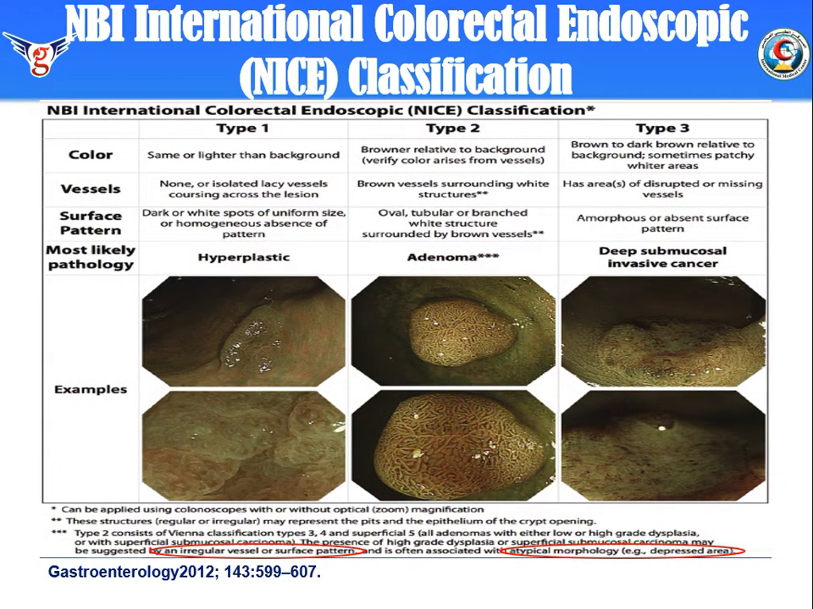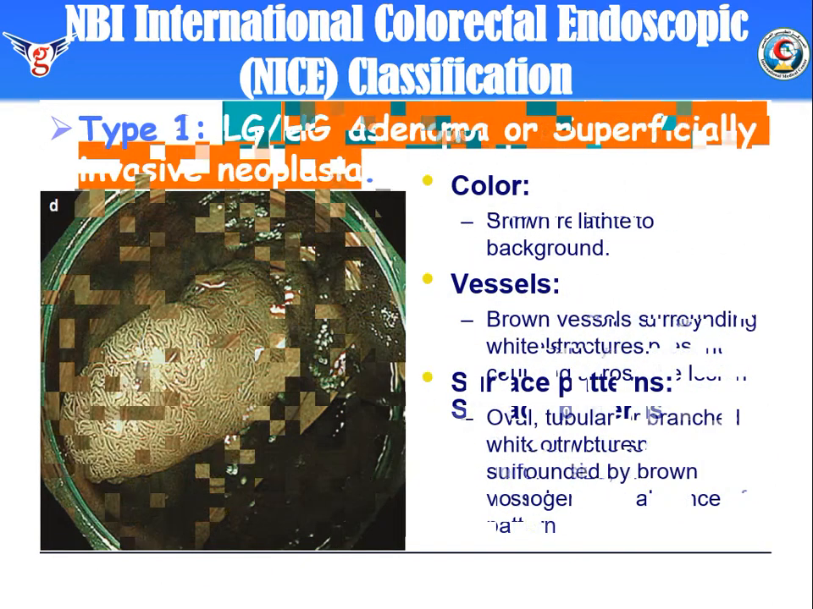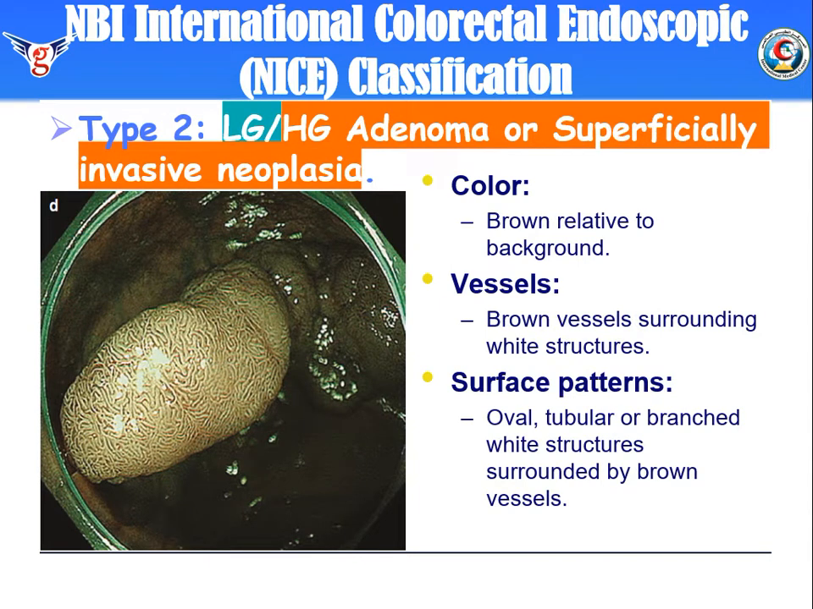It has 3 types corresponding to the 3 types of JNET but without clear subclassification of Type 2. Type 1 corresponds to JNET Type 1. Type 2 corresponds to combined JNET 2A and 2B, and therefore, it could include low-grade adenoma, high-grade adenoma or superficially